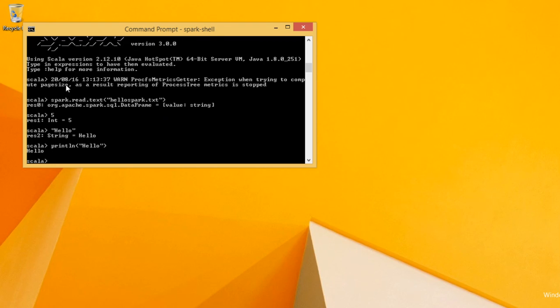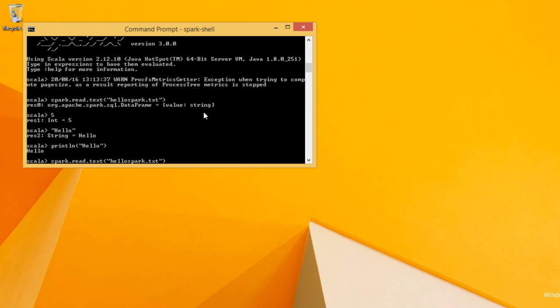So what we got from reading this hello spark.txt is something of type DataFrame, similar to what we have got here in int, and we'll see about this value string later. Let's see what we can do with it. res0 dot, or let's do something else.